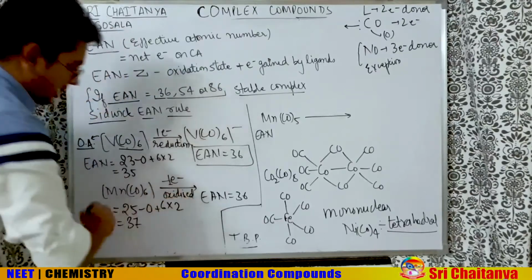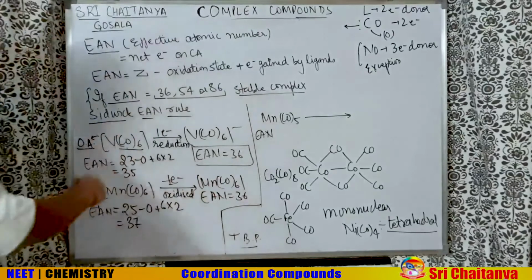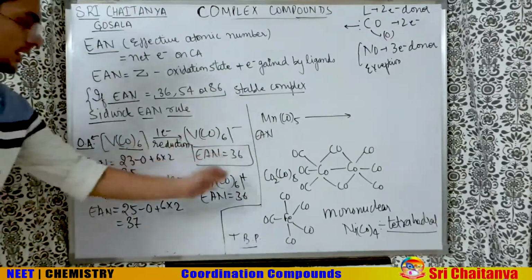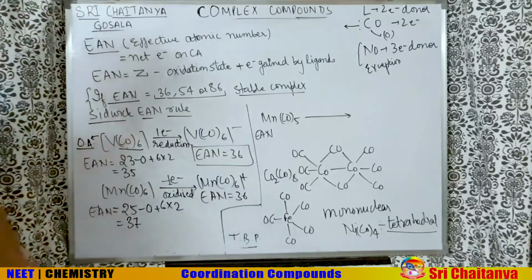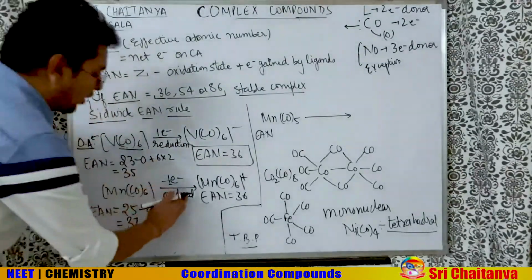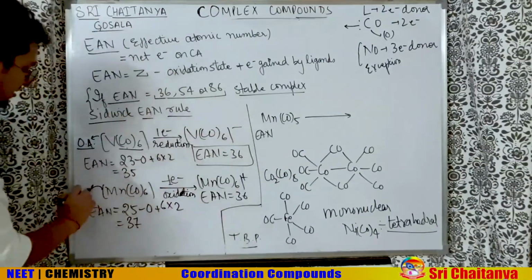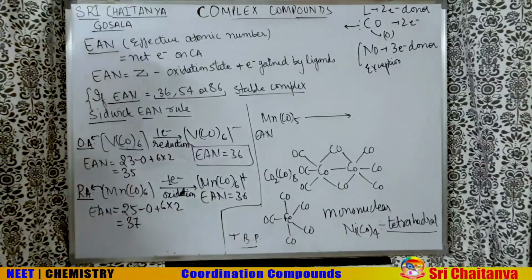How can we say? You can check here, Mn(CO)6. What will happen if 1 electron goes out? It gets a positive charge. So there is an increase in the oxidation state. An increase in oxidation state is called oxidation. And the species getting oxidized is which reagent? It's a reducing agent.